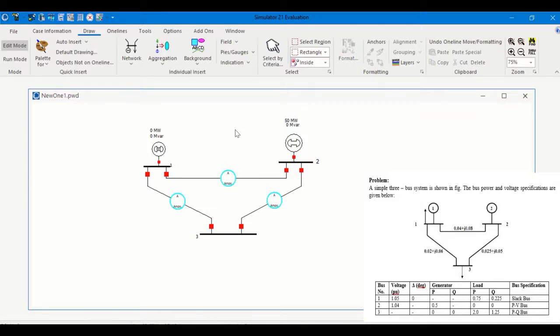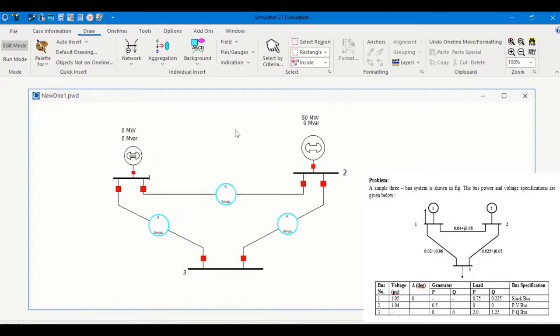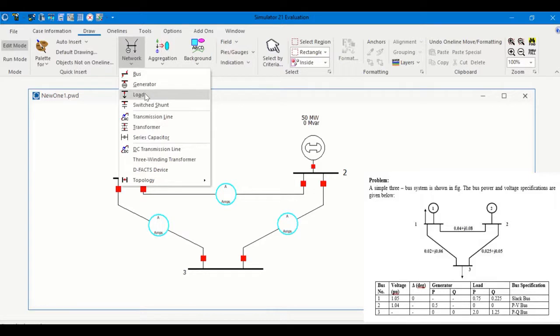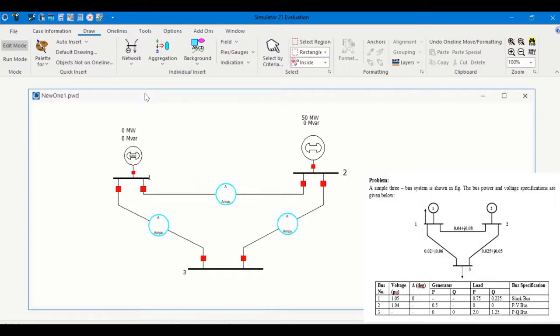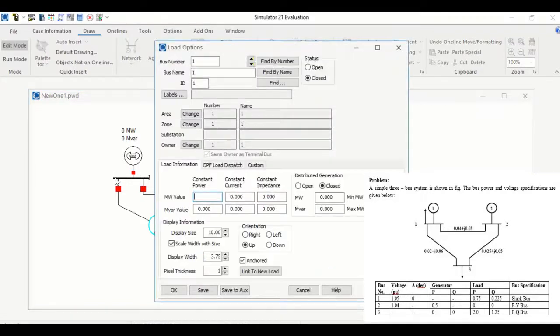And now let us insert the other element. So the next element is load. So network load, and let's insert the load at the first bus. Click on bus 1 and give the values that are given in the problem. So that's a constant power load.